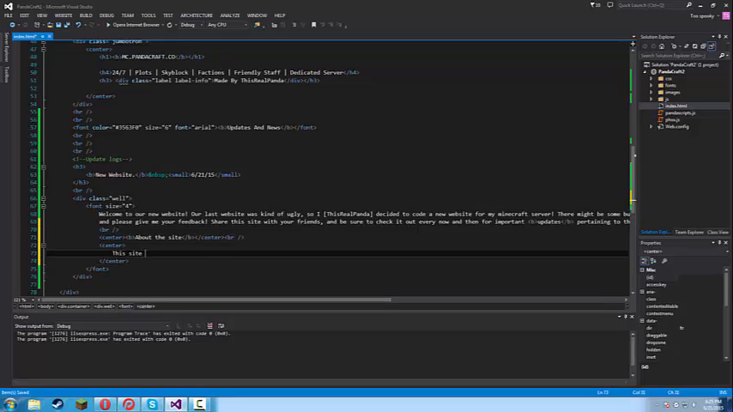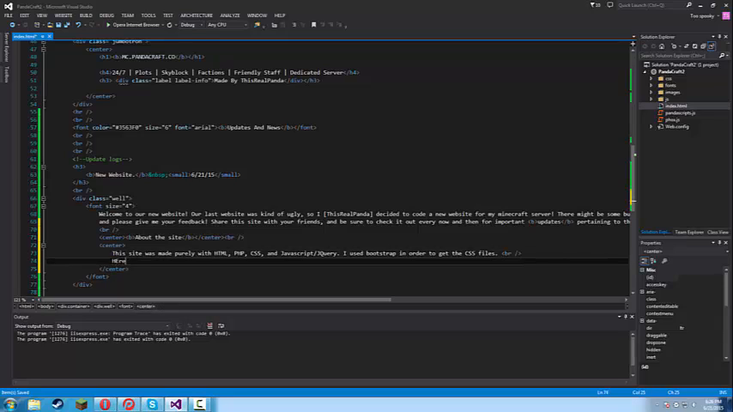This site was made purely with HTML, PHP, CSS, and JavaScript / jQuery. I used Bootstrap in order to get the CSS files. Here you can download Bootstrap. BR